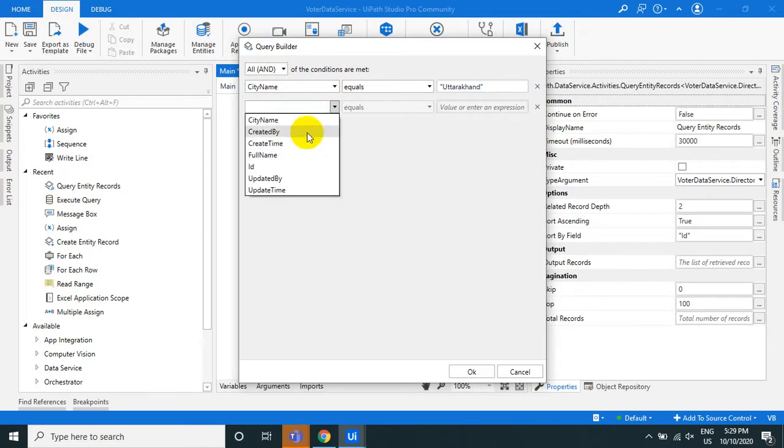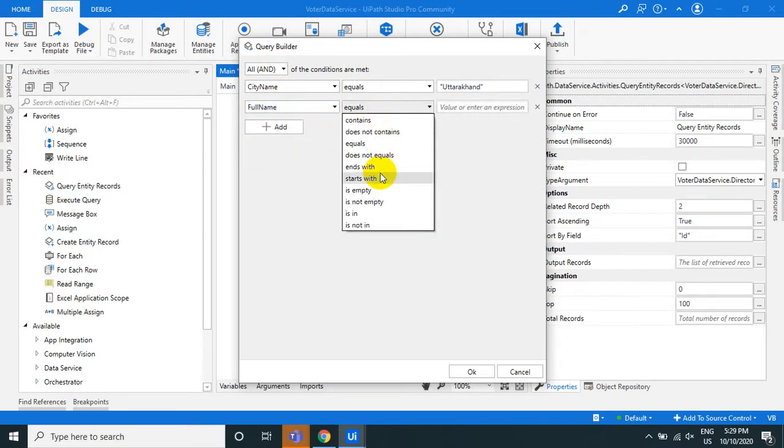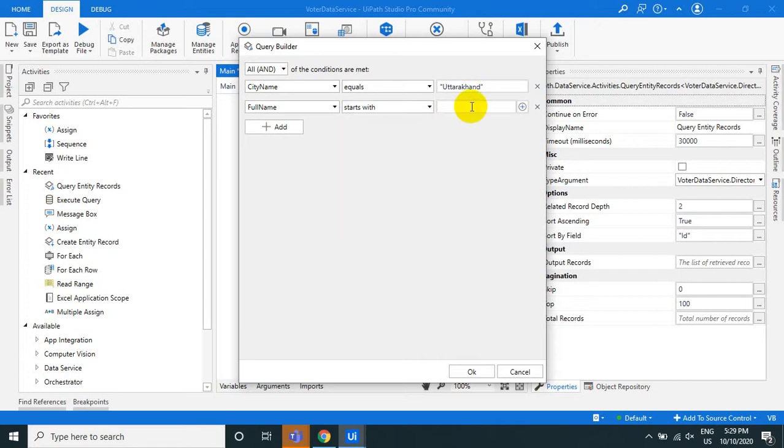The director full name starts with. You can have a lot of conditions, like contains, does not contain, equals, does not equal, ends with, starts with. Just use starts with and give S. So it means all the directors whose city contains Uttarakhand and full name starts with S.